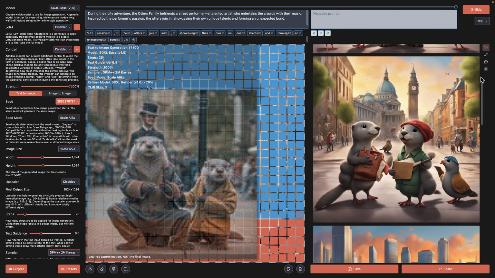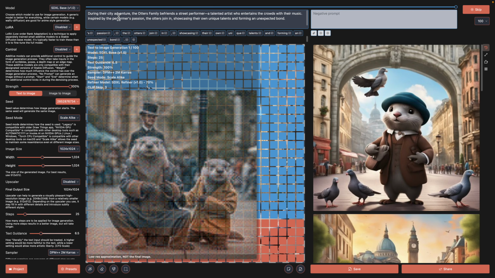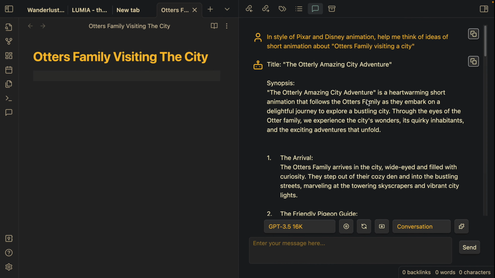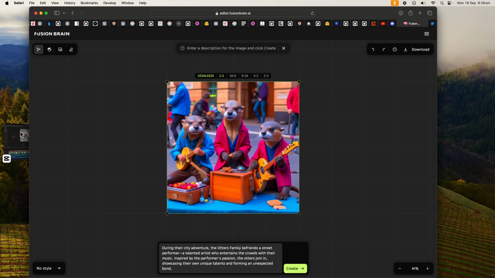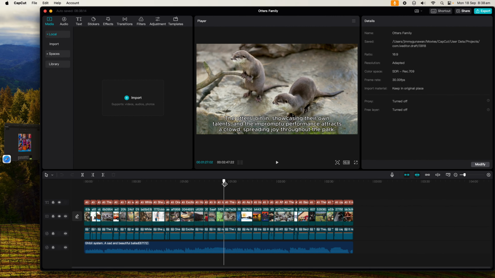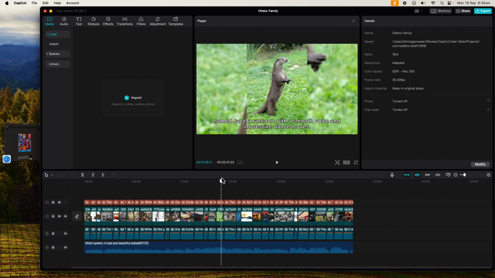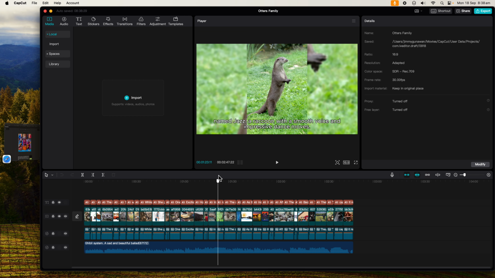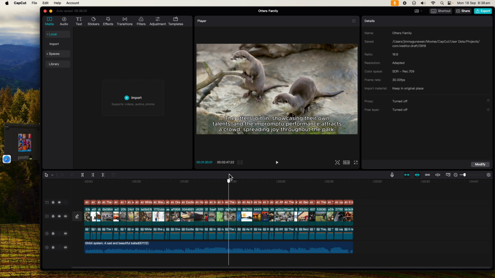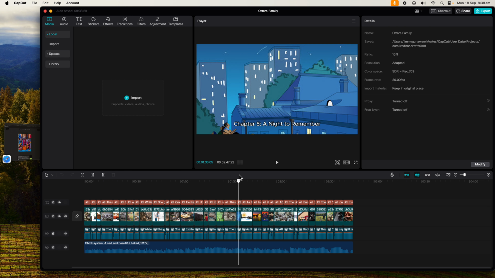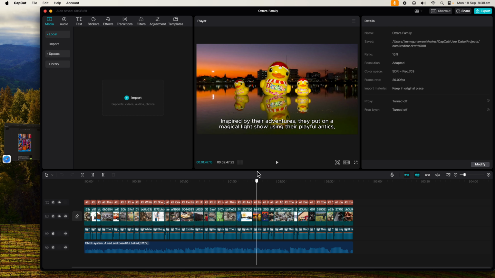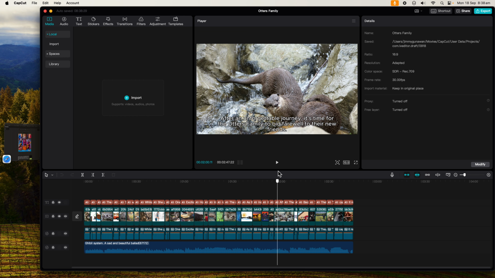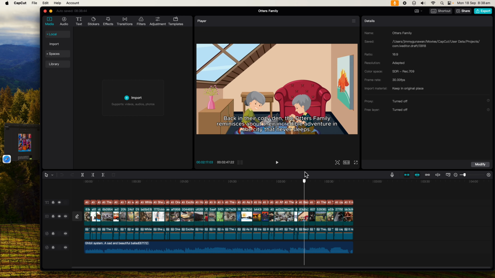I like this painting style. We should actually specify oil painting or something. So that's basically the process so far. Yeah, the busker, jazz performance, impressive dance movement. That's going to be kind of cute. The night to remember, the sunset, the city is getting darker, and they say goodbye to their friends and then back to their cozy den.